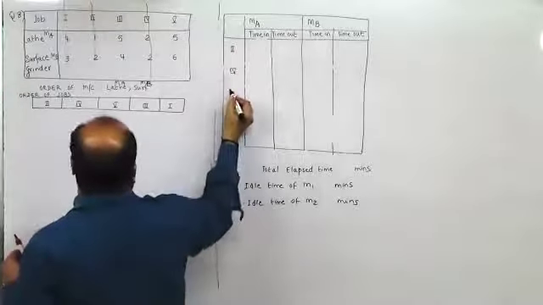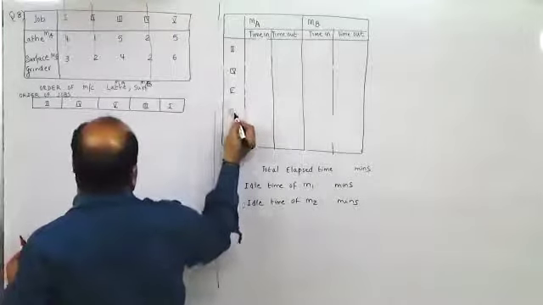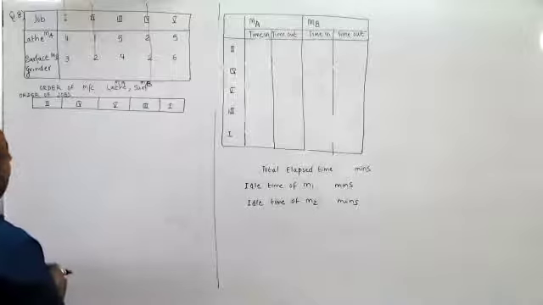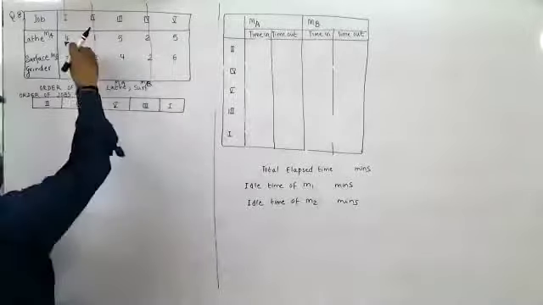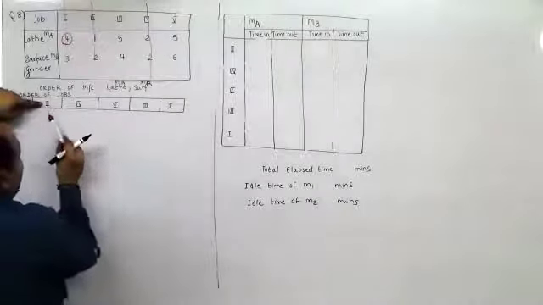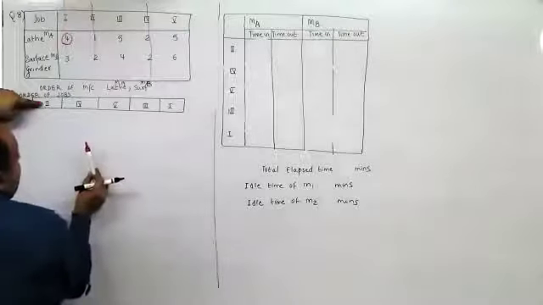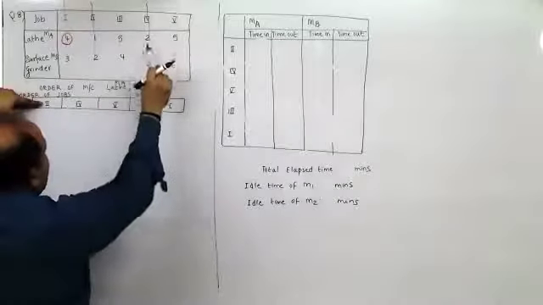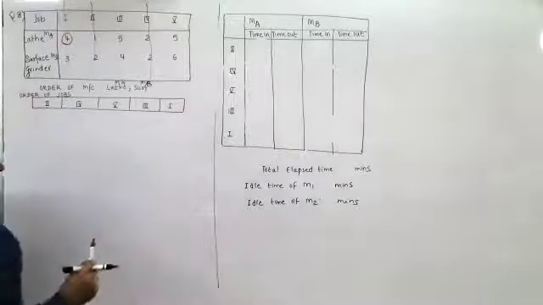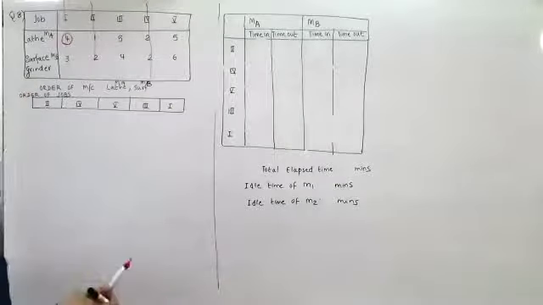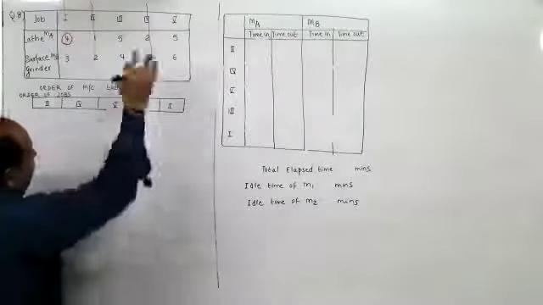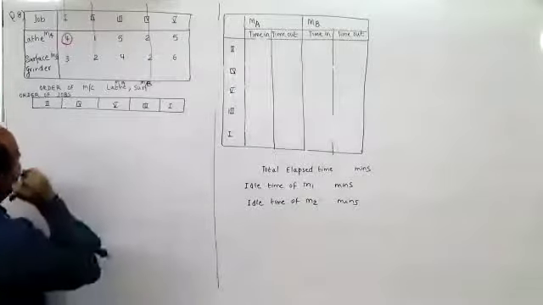2, 4. The fourth both has 2, right? So how are we supposed to know to take from front or back? When it is from the top, you have to take it from the start. No, sir, I'm asking the fourth machine, both are 2, right? Yeah. So it doesn't matter. You can take in any order. You take in any order, you will get the same answer. Okay. But I prefer taking the upper value when both are same.